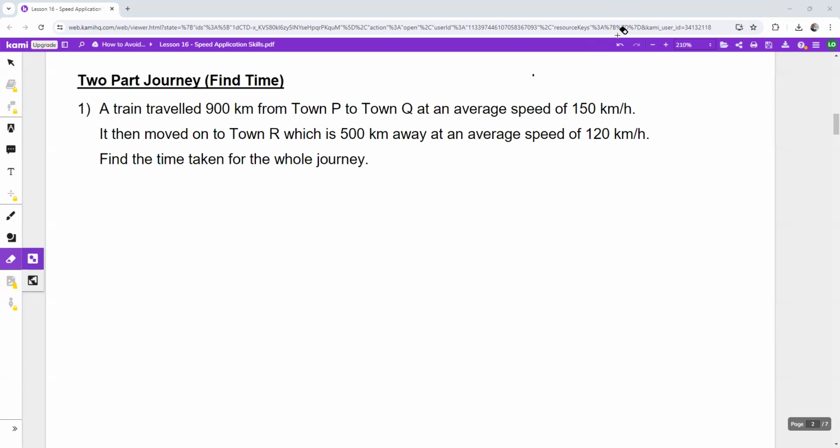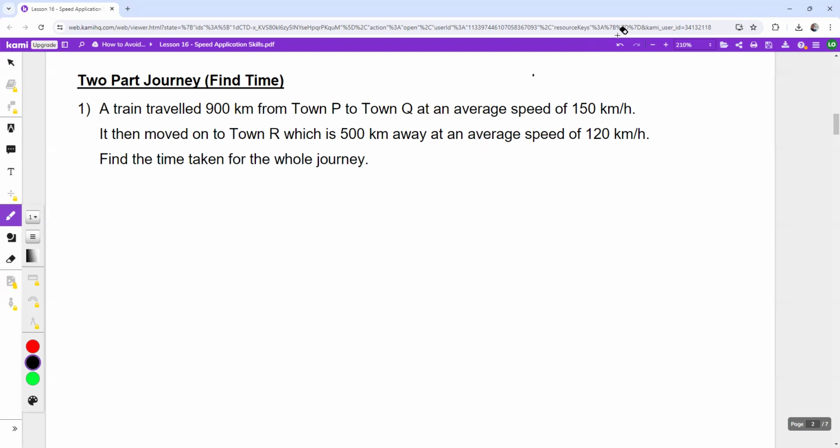Now today we are going to look at speed lessons. So we are going to continue where we stopped in the last lesson, where we talked about how to draw a one-part journey. Today we are going to look at how to draw a two-part journey. So the model gets a little more advanced, a bit more progressive. We are going to look at this problem, which is a little bit more wordy, and how do we